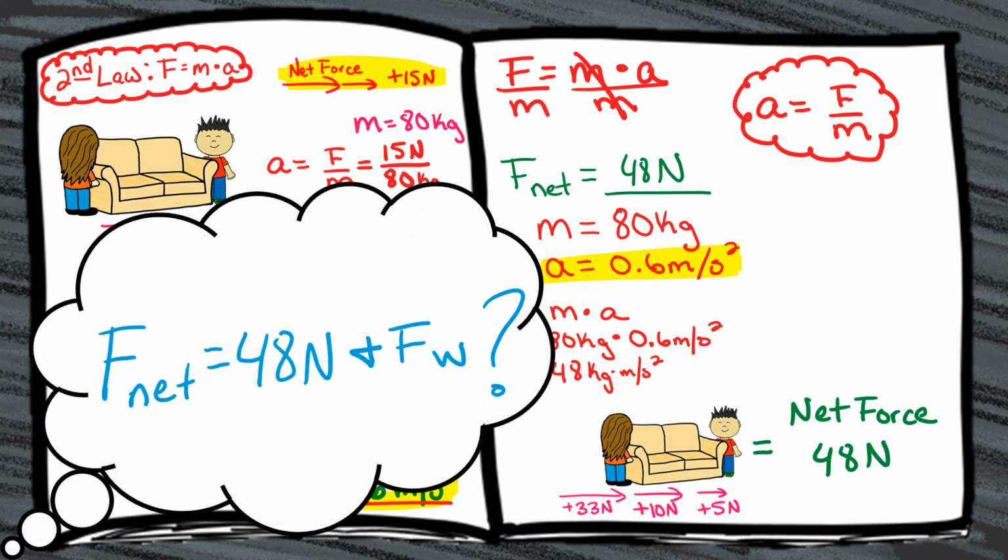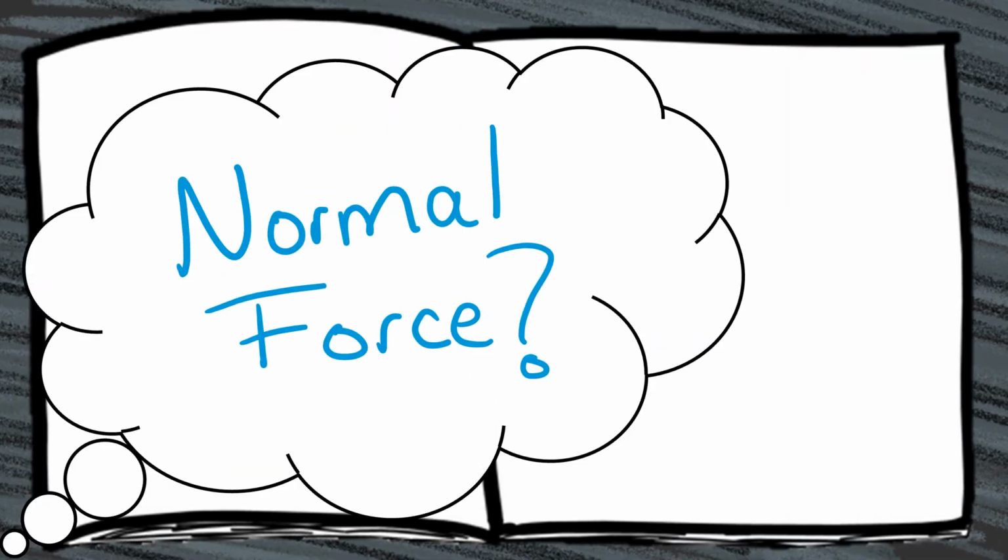I'm glad you asked, Alex, because we are including force weight into the net force. It's just that based on Newton's third law, the force weight of this object actually cancels out with its normal force. Wait, what? Normal force, which is basically the force the surface applies back on the object.